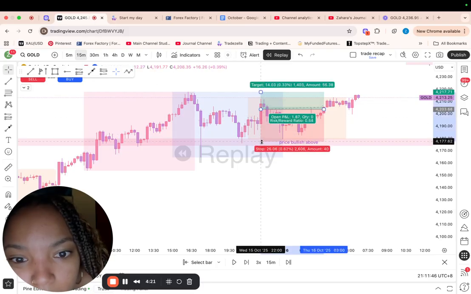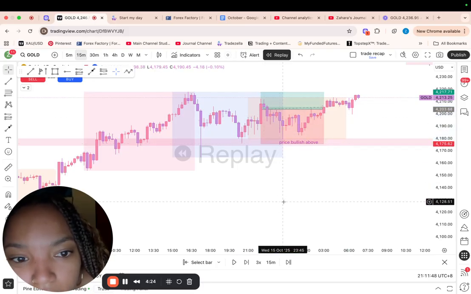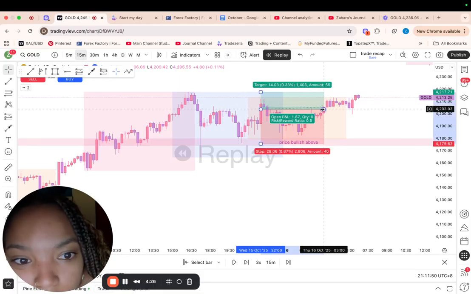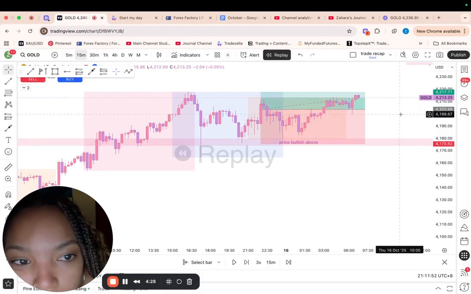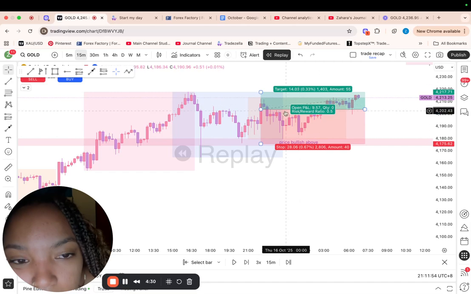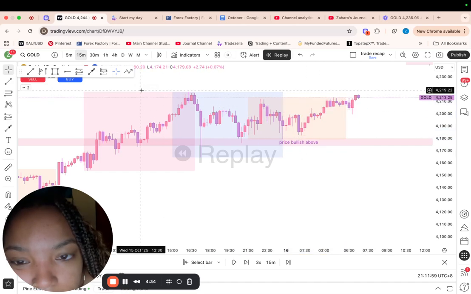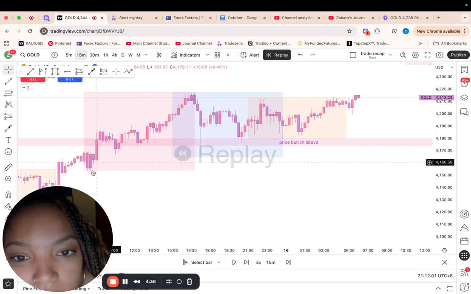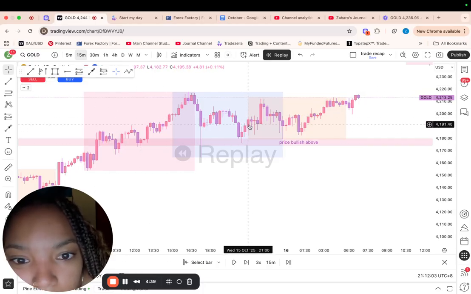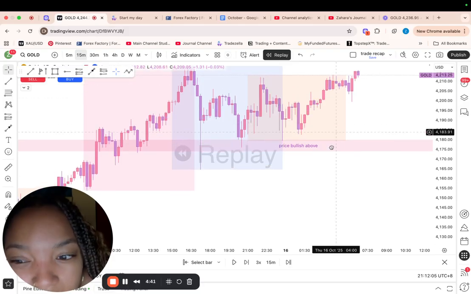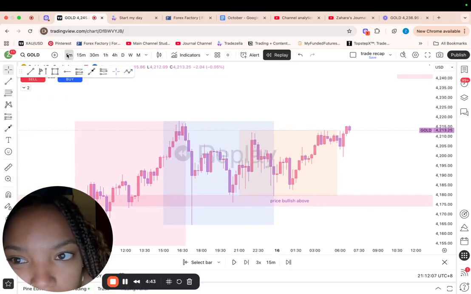But this is a level that I would use on my strategy, and I wouldn't have gotten stopped out. It would have been a winner, but it's a 0.5 RR, so what is the point in even doing that trade? There's really no point. If I'm going to be risking more than I could potentially make, it's just not a trade that's worth taking, in my opinion.